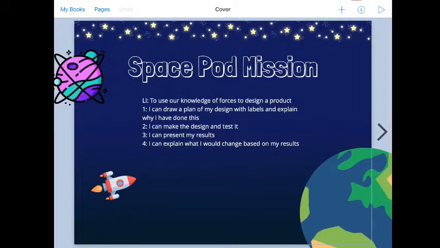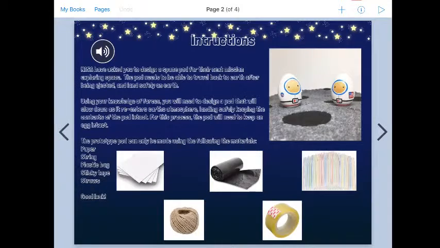So this is space pod mission. First page, just very simple shapes and drawings, and choose a background. It's got the success criteria in there, what I'm looking for in this lesson. Next page is the instructions, which I have recorded for them, and I'll show you how to do this. I find that in things like science, when you're using Book Creator, visuals and audio are great to support all learners. So the instructions, not only are they in written format, but if I press this button,